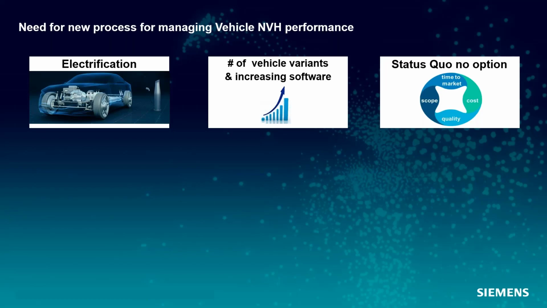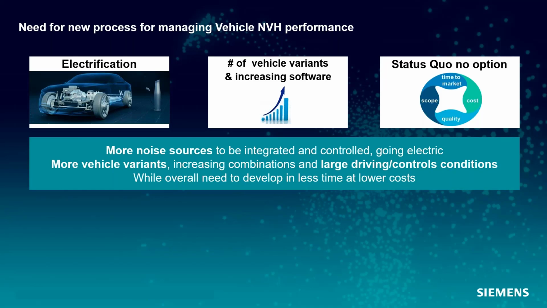So traditionally, for each variant, we would do the prototype testing. Once we have the physical prototype, let's say in the context of a vehicle, like an automotive example, we'll wait for that. But that is no longer an option, because there are so many variants and the development cycle time is reducing. The other part is that there are a lot of different operating conditions, and the usage of control software in the context of electrification has increased tremendously.